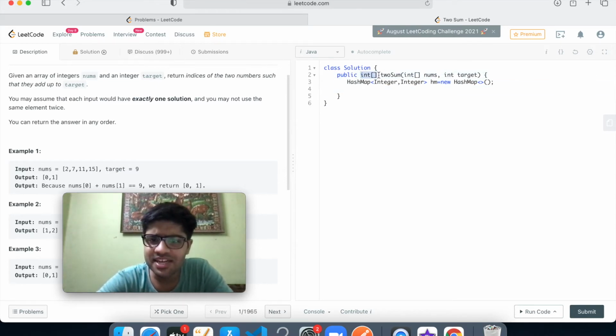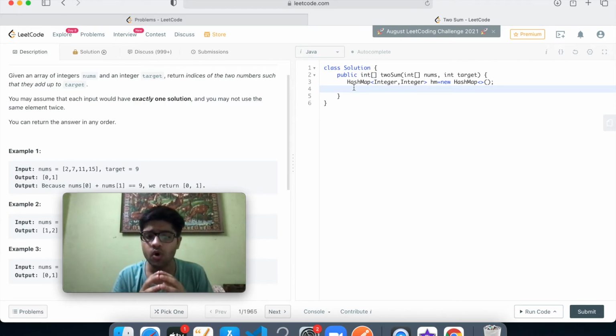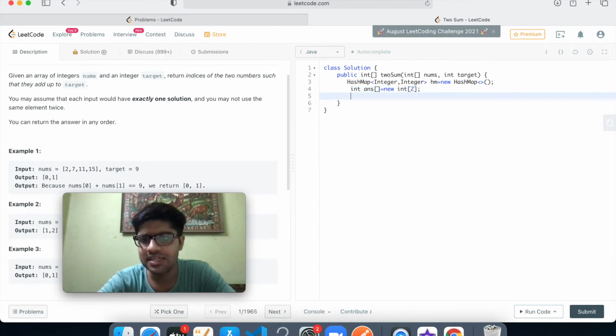The return type is actually an integer array, and we have exactly one solution, and the solution would be the two indices. So that means the answer would always be an array of size 2. So we'll create that answer, and answer is equal to new int 2, always size 2.